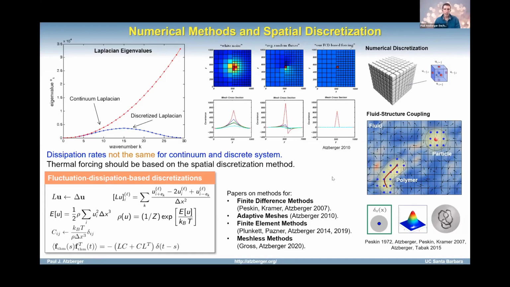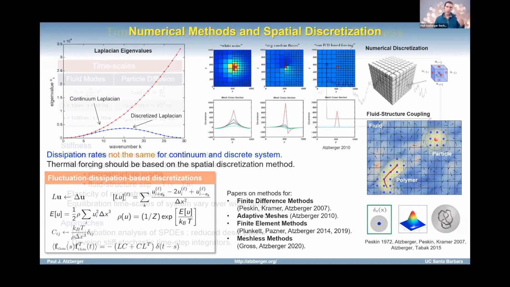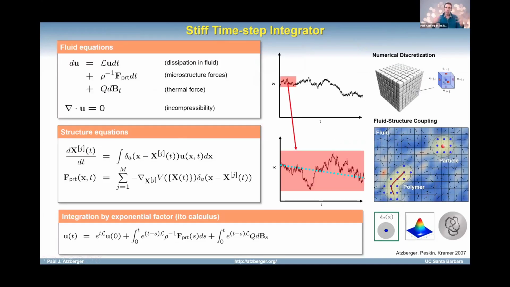So I know I'm kind of running out of time. I might just skip the stuff on stiff numerical integrators. Again, I'll refer you to our 2007 paper if you're interested in that. So, for the stochastic immersed boundary method, even though I've eliminated the inertia of the microstructure, there are still disparate timescales in the excitations of the fluid mechanics that have to be grappled with. Because the ultimate object of study is the configuration of the microstructures for the most part. And so what we'd like to do is under-resolve the high-frequency modes of the fluid.